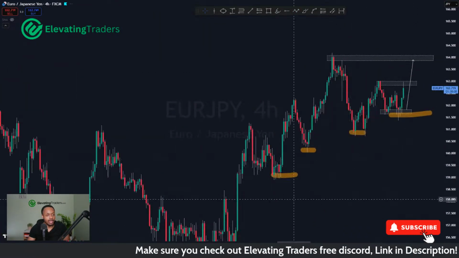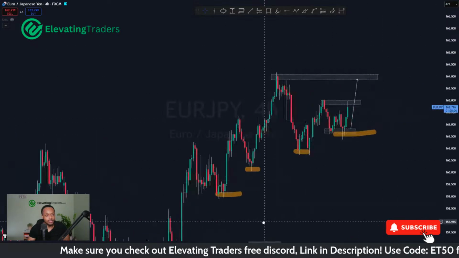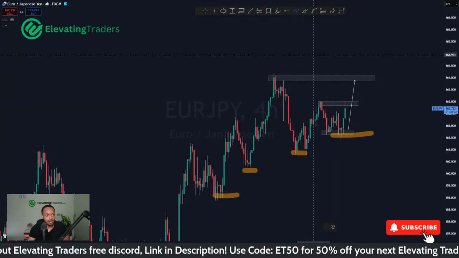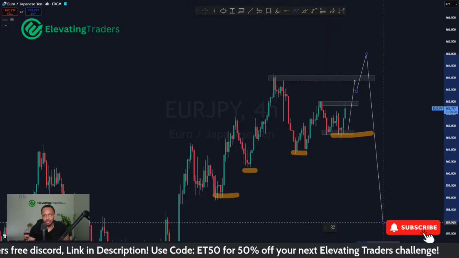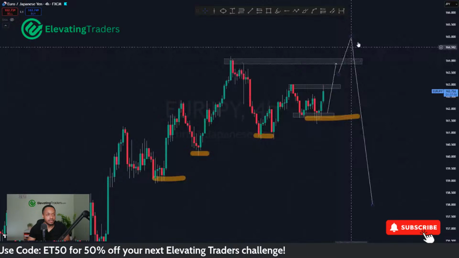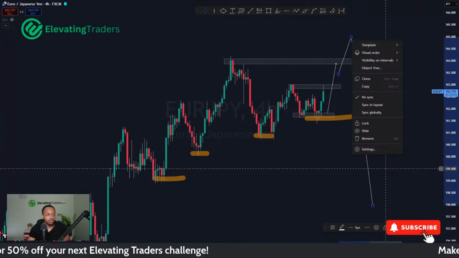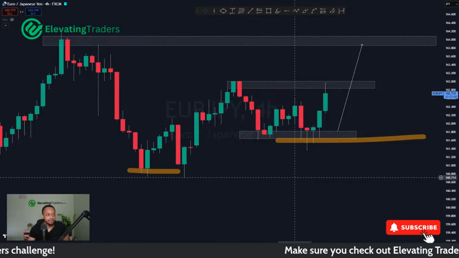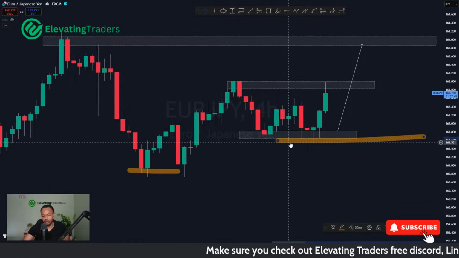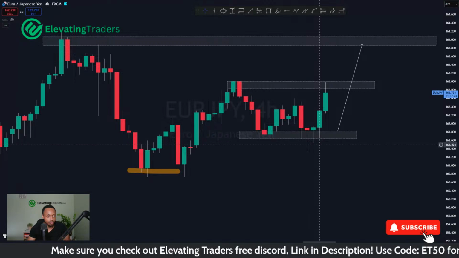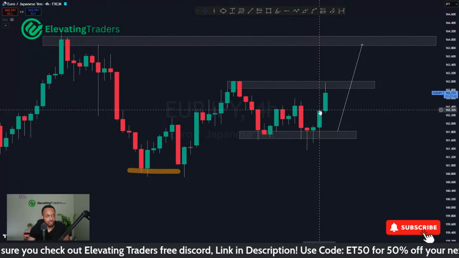So yeah, euro yen overall very corrective on the way up. So I don't expect this move to last too long before we do turn around. We might kind of just stab the high one more time and then drop. So that's kind of what I'm waiting to see if price can do. But yeah, really solid support this morning, yesterday. Really solid support there. We fired a lot of wicks here on the 4-hour chart. 1, 2, 3, 4. And a really solid close this morning as well.